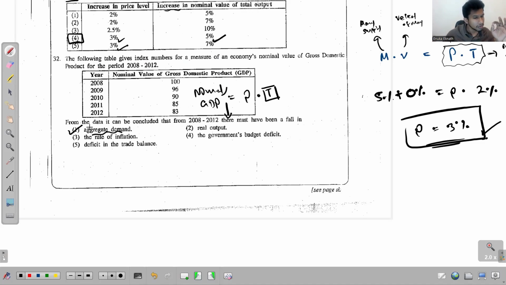So this could be the answer. But we will go through the other options as well. From the data, it can be concluded that from 2008 to 2012, there must have been a fall in real output. So once again, there's a problem. The problem is the nominal GDP may decrease as a reduction of one of these. It could be due to the reduction of the real output, or it could be due to the reduction of